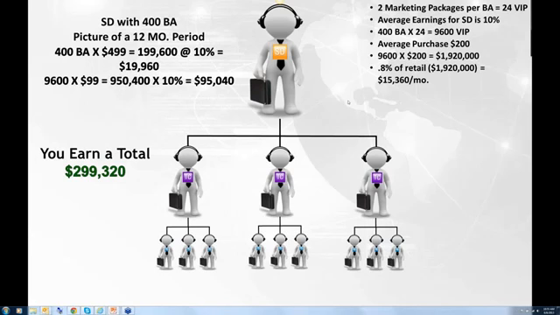As I close this out, the last thing I want to say is we need to be conservative. I want us to be cautious. These numbers unto themselves almost look too good to be true. But it's simple math. These up here are easy to do the math on. But either you got 400 business associates or you don't. Either you've got 24 VIP customers per business associate or you don't. So that's pretty simple.